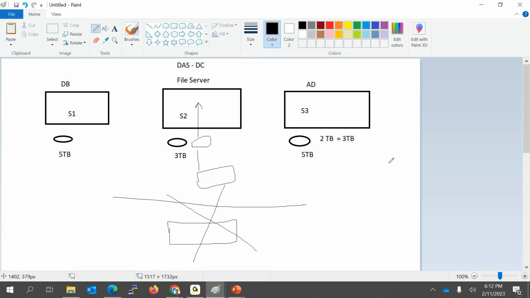Okay, so the customer is asking, see, I cannot go and invest again a lot of money to buy additional storage to connect to the demanding server, because I already invested some amount here and it is going wasted. And if you still ask me to invest more in storage, then it does not make any sense.